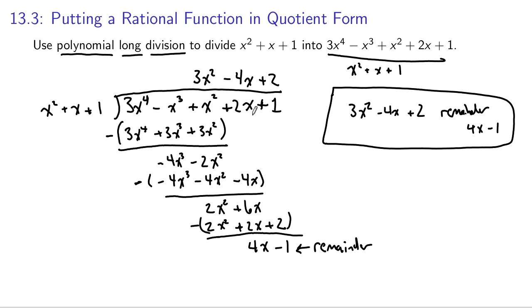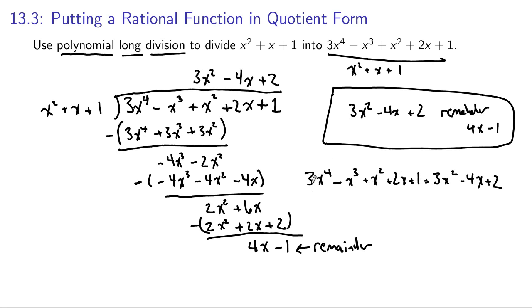We could use the result to write the original polynomial in quotient form. 3x to the fourth minus x cubed plus x squared plus 2x plus 1 equals the result, 3x squared minus 4x plus 2, times